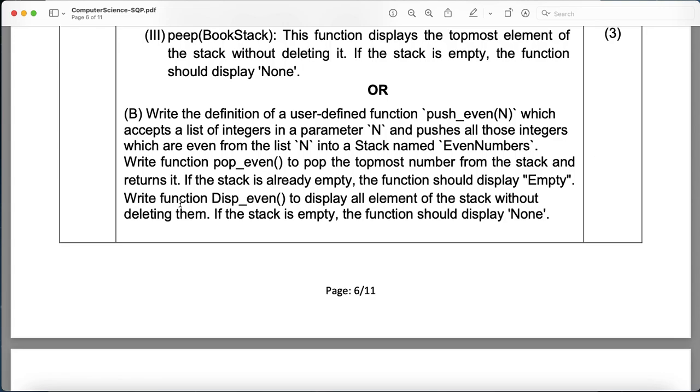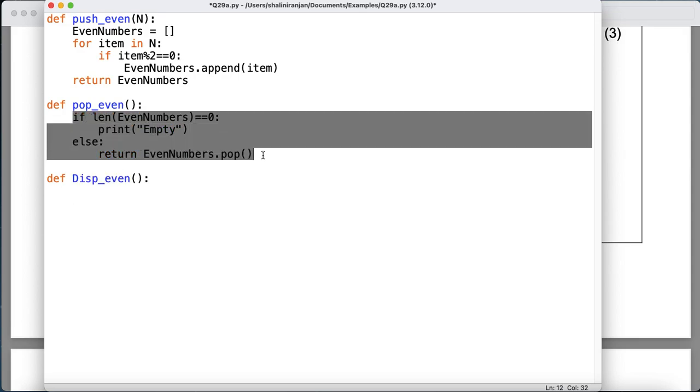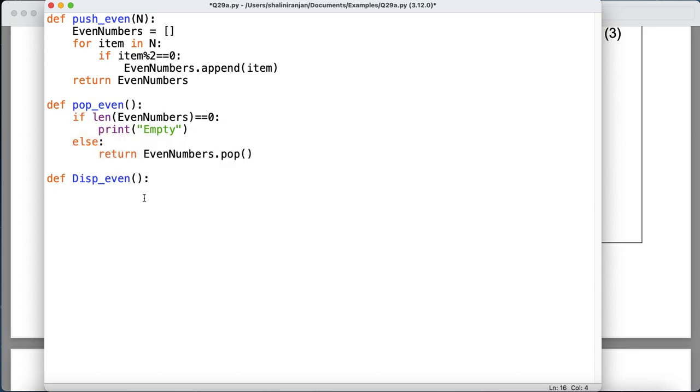Now again, the third function: write a function display even to display all the elements of the stack without deleting them. Exactly this peep function, just our function name should be this. So def function name colon, exactly similar, control V, instead of empty we have to display none, and here we just have to